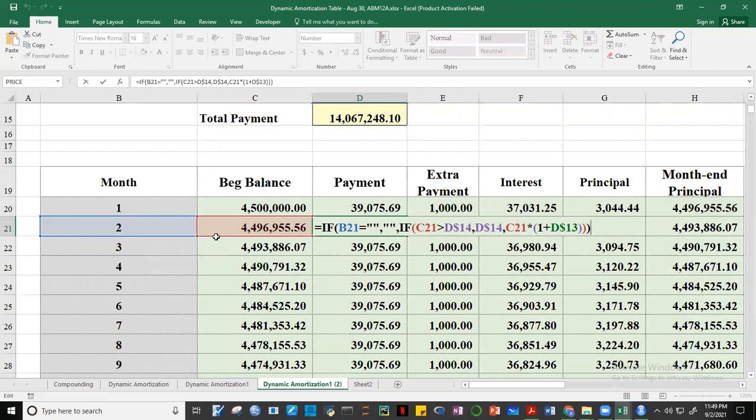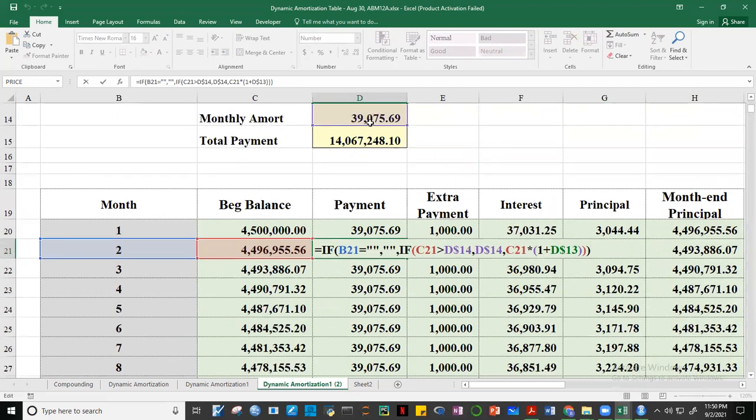Then we changed our formula before, because we have to make sure that if the beginning balance was less than the monthly amortization of 39,000, then we should not be paying 39,000. We said here that if the beginning balance is greater than 39,000, then we still pay 39,000. However, if it's less than 39,000, what we're going to pay is the balance, that's C21,